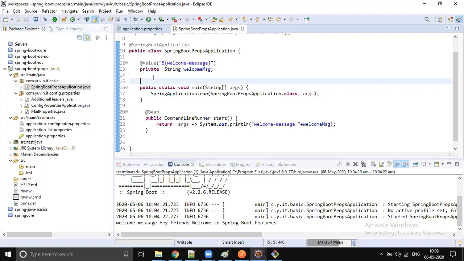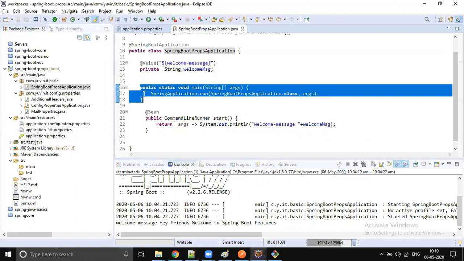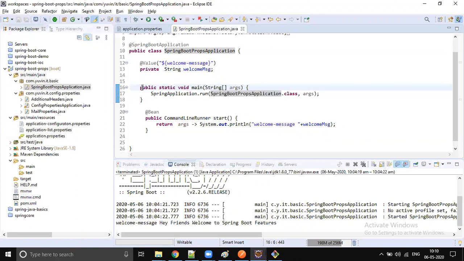So my doubt is this, and now is the correct time to talk about it. We said this is the only line we have to keep all the time. So why should we write this? Why should we configure this main method? Why can't Spring do that? I'm annotating this class with @SpringBootApplication. This is my primary class. If I remove this, why can't Spring do that for us? Why should I write a main method and configure SpringApplication.run?